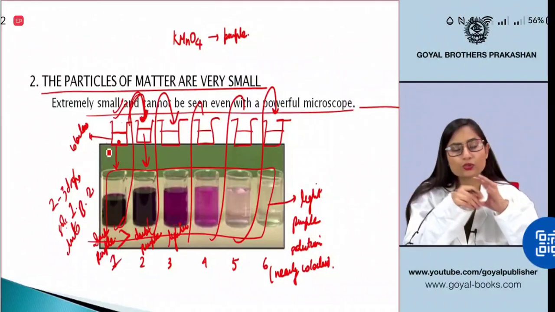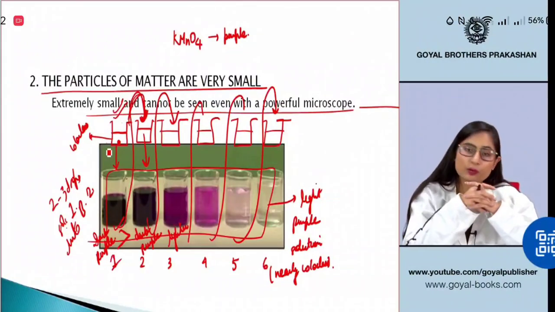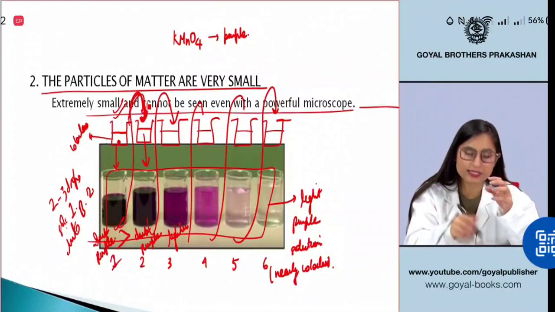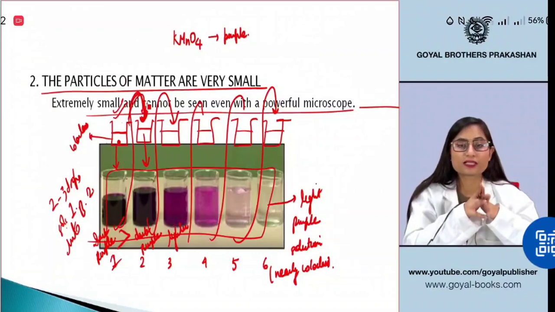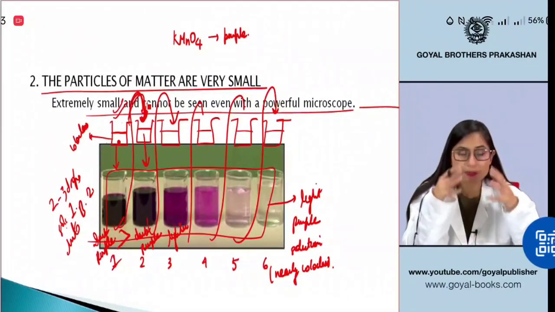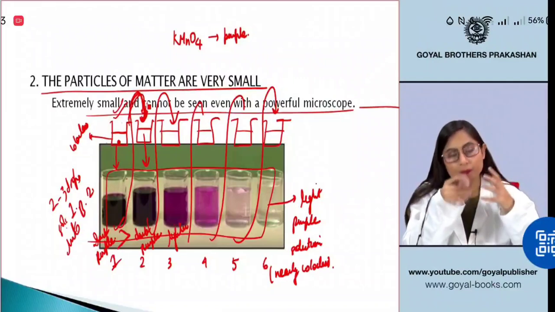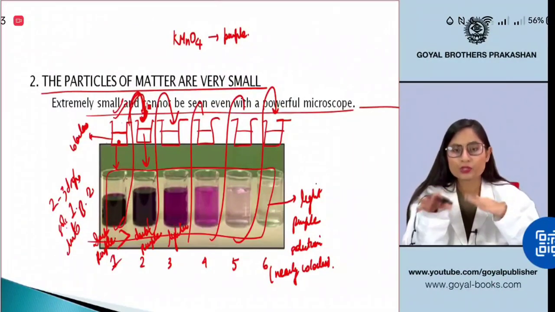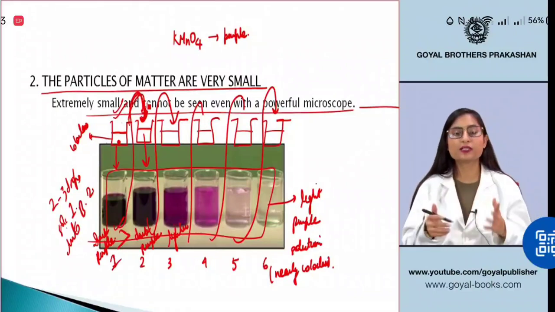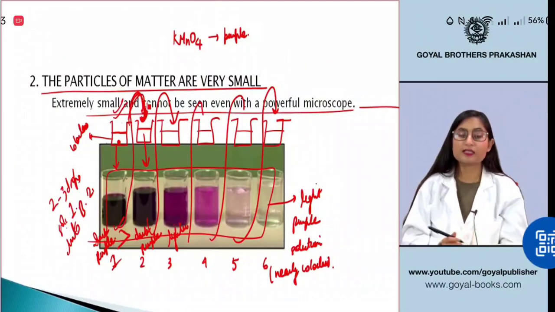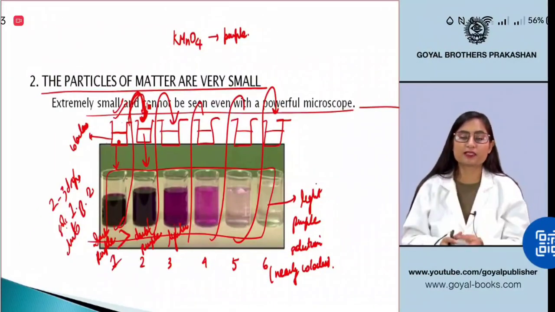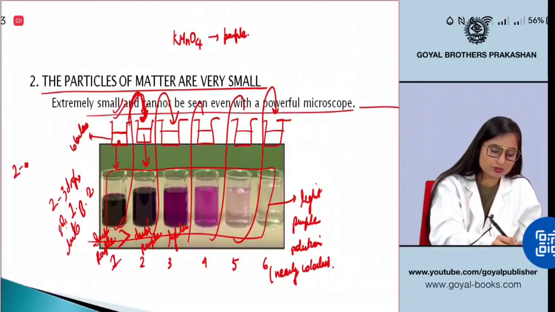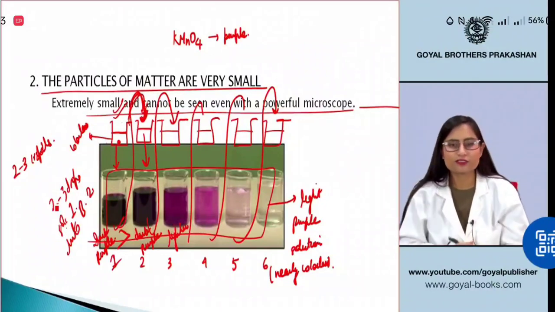So when you took 2 to 3 drops, or you filled the half dropper and you put the solution into the second beaker which was only water, you put millions of particles into the second solution, which again spread into the solution and made a purple solution. And in turn, you kept on doing this and you spread the particles in all the beakers, which means that the particles are very small and matter has millions of particles. That small crystal, 2 to 3 crystals will have more than hundreds of millions of particles